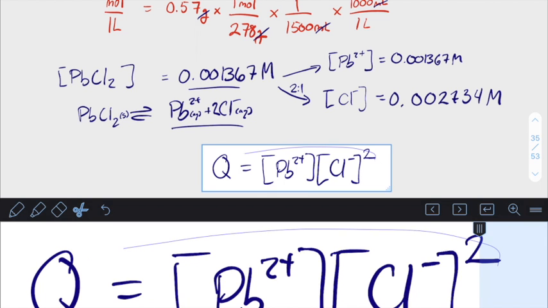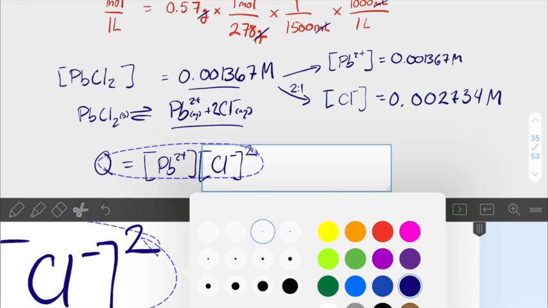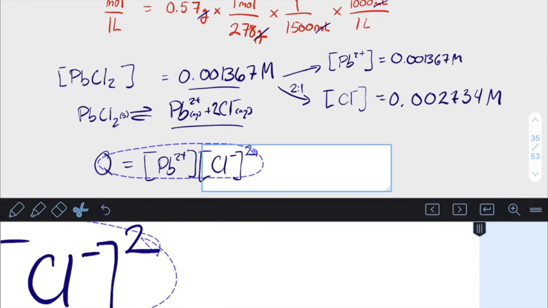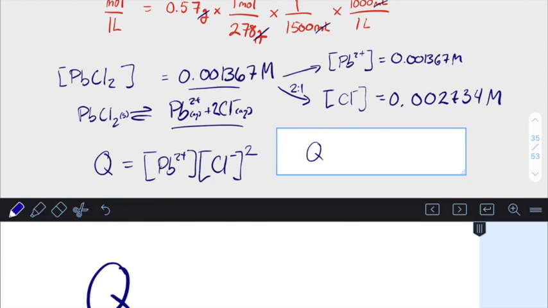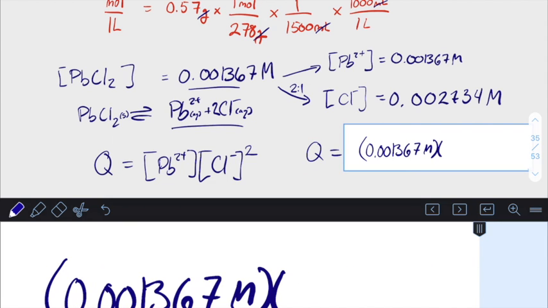So let's do a little test calculation here and see how we did. Q is going to be equal to 0.001367 molar multiplied by